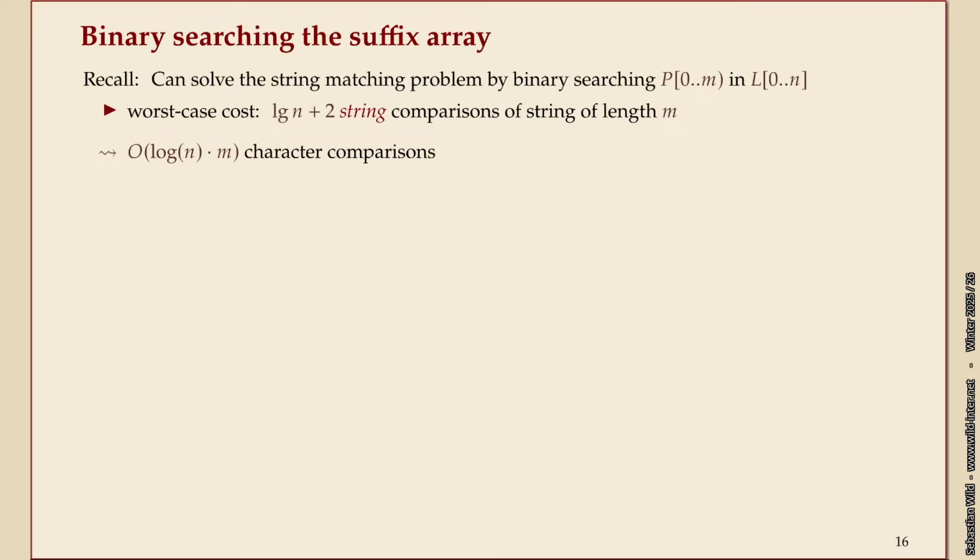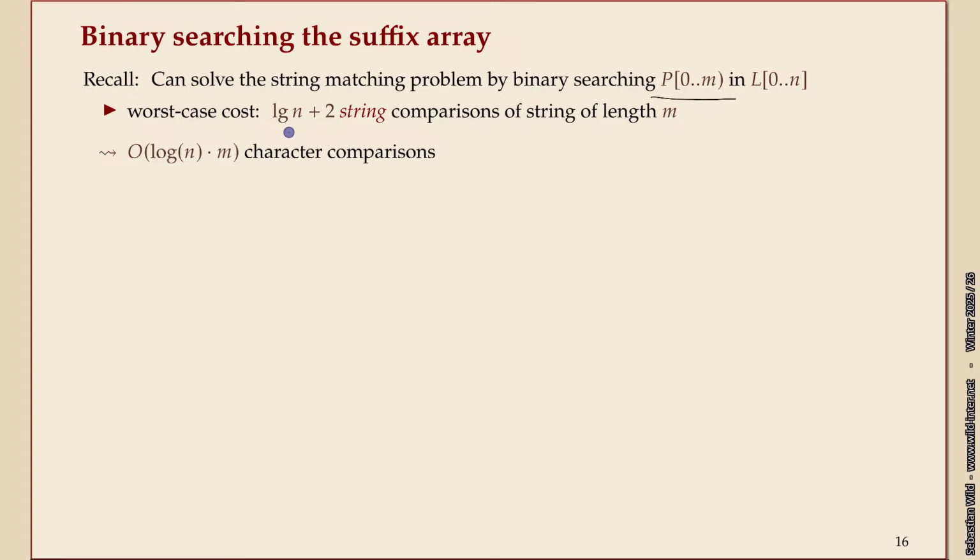Let me try to remind you a bit. We can find a pattern in a string for which we've computed the suffix array, the leaf array, the starting positions of all the suffixes in the alphabetic order,